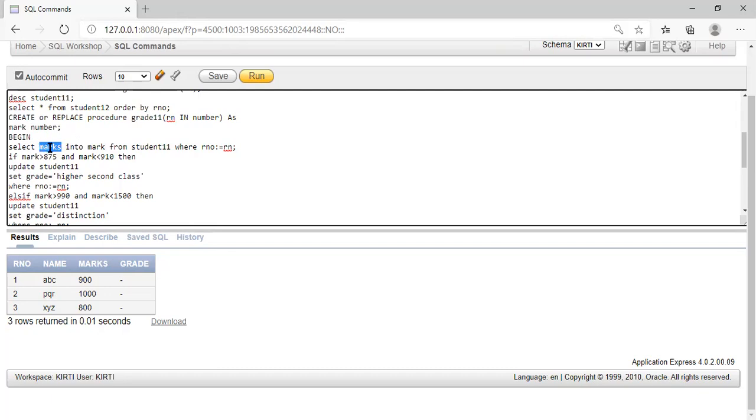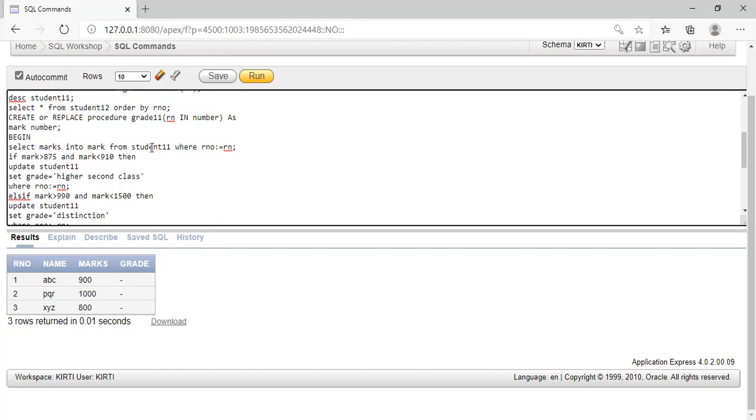Marks is nothing but the attribute of the table student 12. Into mark, mark is the variable of the procedure grade 11. So from student 12, we are selecting the marks column and passing that value to the variable mark in the procedure, where R number equals Rn. So Rn is the input provided by the user from the function.